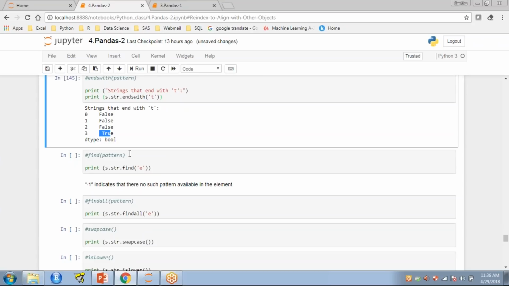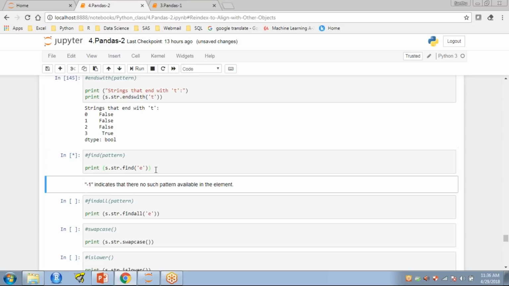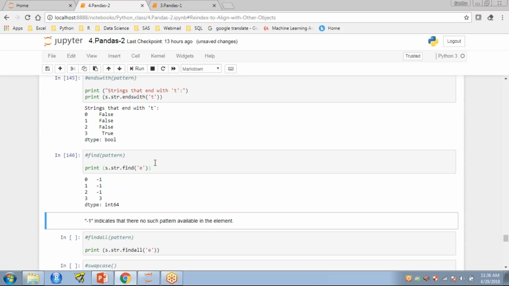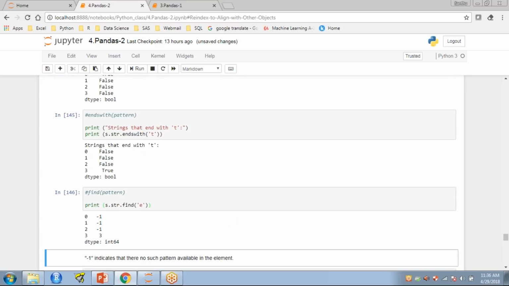For example, in your series, wherever E is there, it will give those E, meaning in the particular name where the E is. So it's going to find the index of that particular letter. So E is in the third place when I'm considering